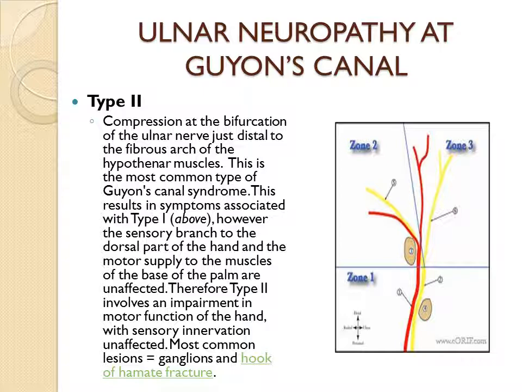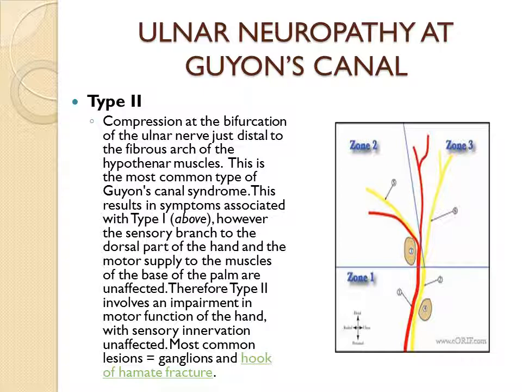However, the sensory branch to the dorsal part of the hand and the motor supply to the muscles of the base of the palm are unaffected. So type 2, in contrast to type 1 lesion, involves an impairment in motor function of the hand with sensory function unaffected. And again, this type of lesion is most commonly found with fractures of the hook of the hamate and also